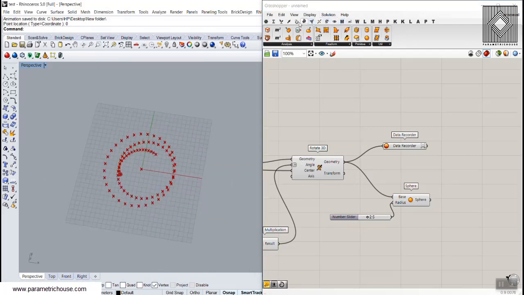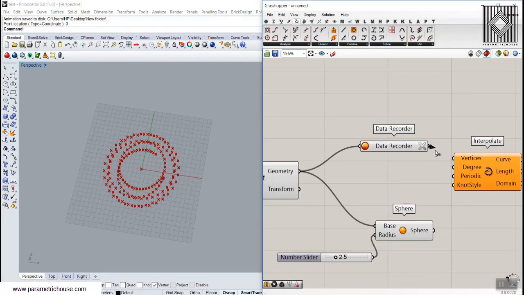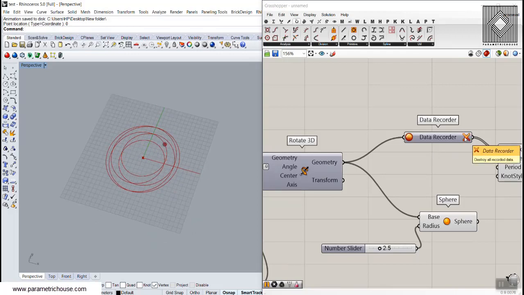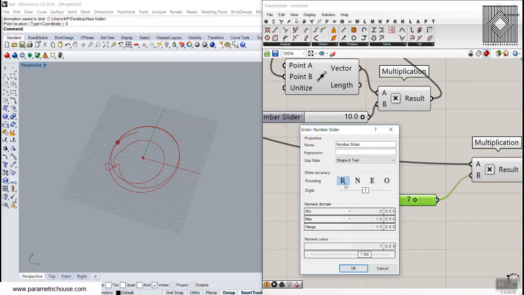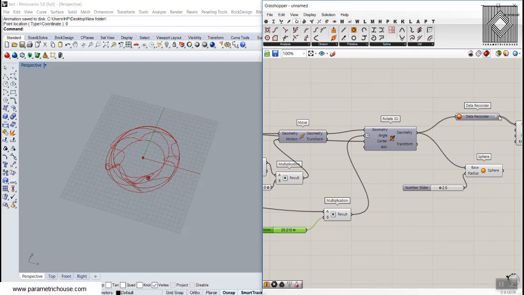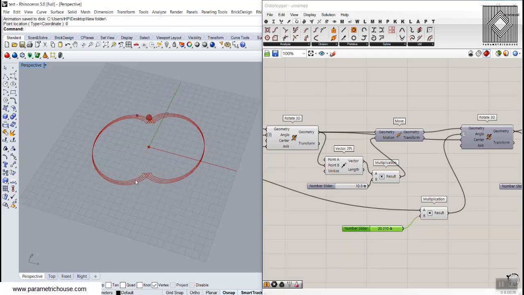And we can simply go to the curve and interpolate that into a curve. Just turn this off and turn this off. You can see we made that. We can just click on this icon and delete the curve and start from scratch. We can change the numbers. Let's just have a speed more than 10. So maybe it's just a 20, and let's start from scratch. You can see that the point is rotating more faster than the first point, so it's drawing something new.